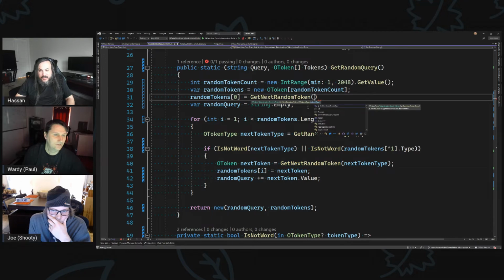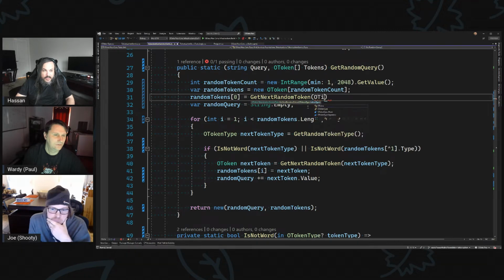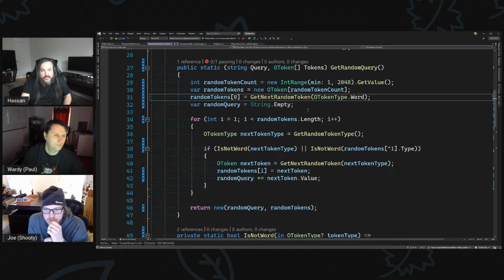Well, then I dictated that every token that we generate will always start with either a separator or a word. It will work, don't get me wrong. If I say this is my token type word, now you're not really random because you're basically always saying... No. Call that where your cursor is. Get random token type, and pass that into get random token. Yeah, I can get behind that and we can maybe simplify it even better, but let's see here. If I run this,